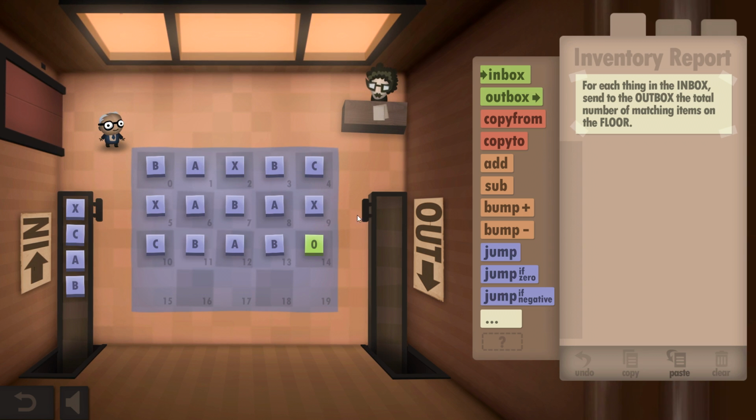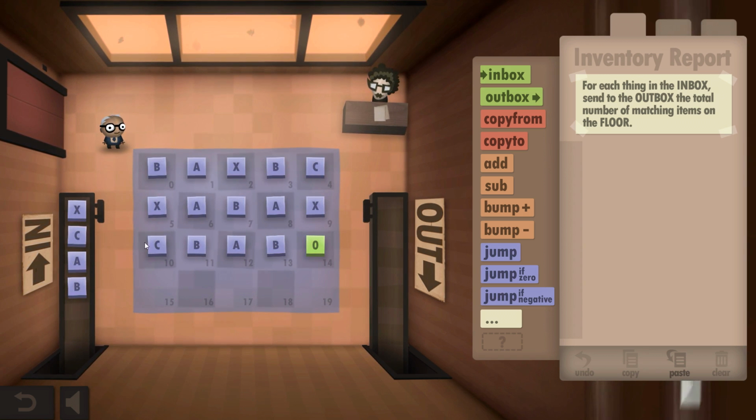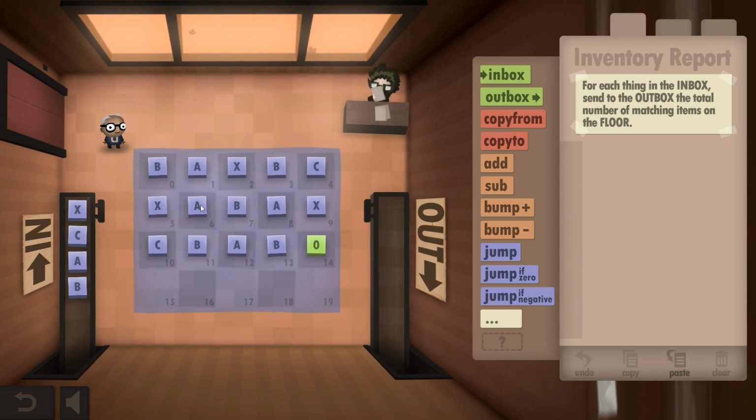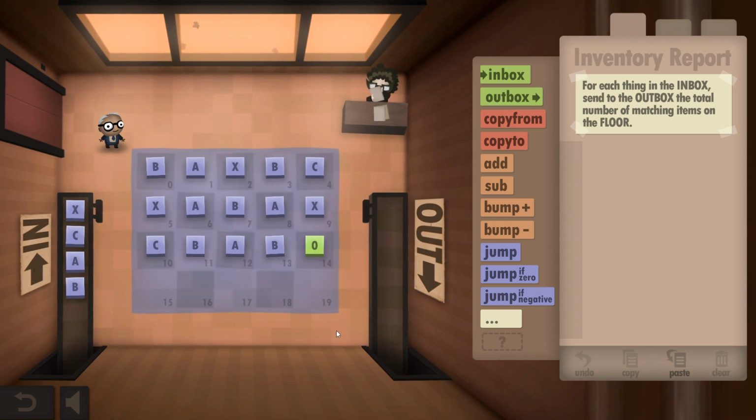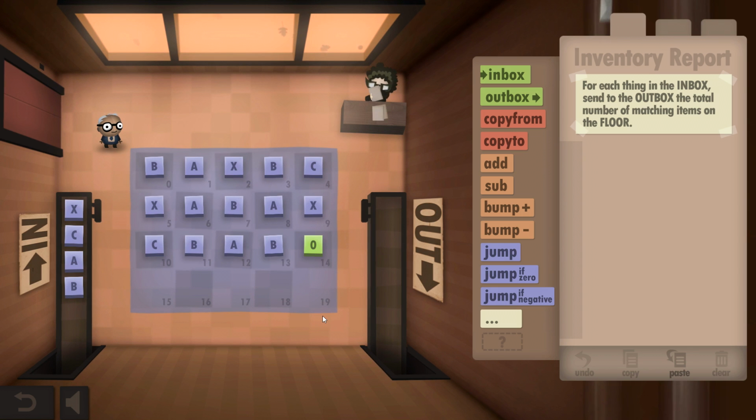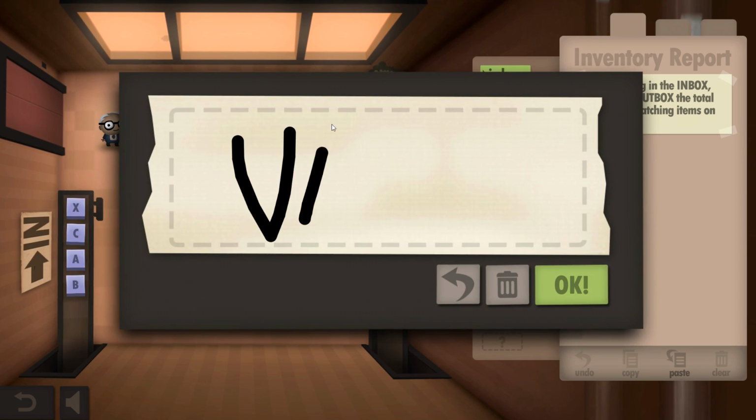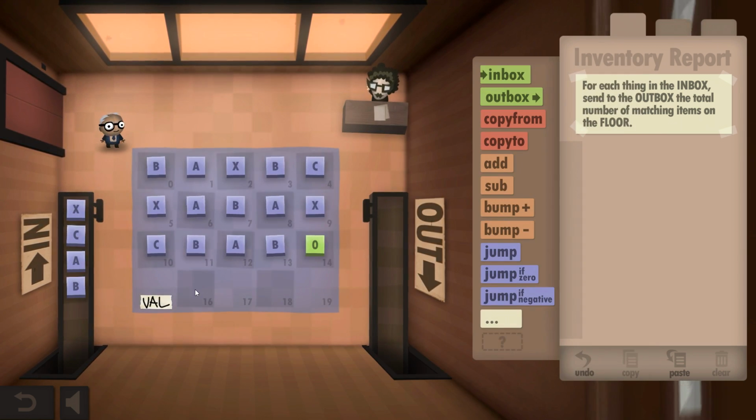So I need to pick up an item, use it as a reference value, and search every single object to see if it is that value or not, until I reach 0. And then iterate the number up each time based on whether or not it was there. So, value,